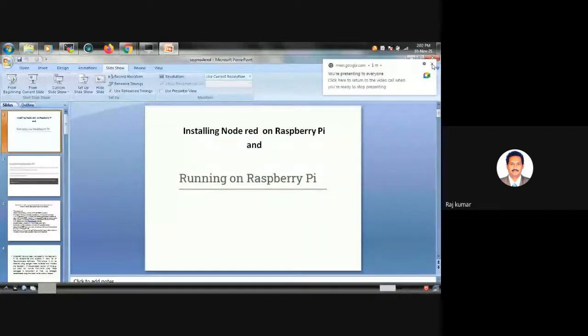Now we are going to install Node-RED on Raspberry Pi, and we'll develop 1 or 3 applications using Node-RED, and try to execute them on the Raspberry Pi device, and I will show the demonstration. Before going to that, we need to see the installation files and directories available in order to execute Node-RED.